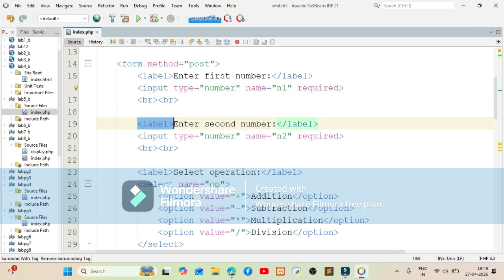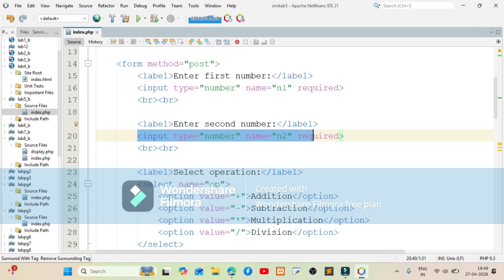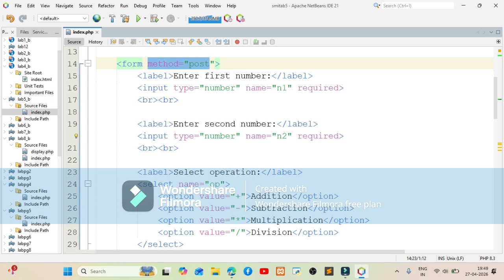Then there is one more label which says enter second number, with an input type number named N2, and it says required, so again it is compulsory. I have added the method post for our form. Whenever we submit data to the server, we can use two methods called post or get.